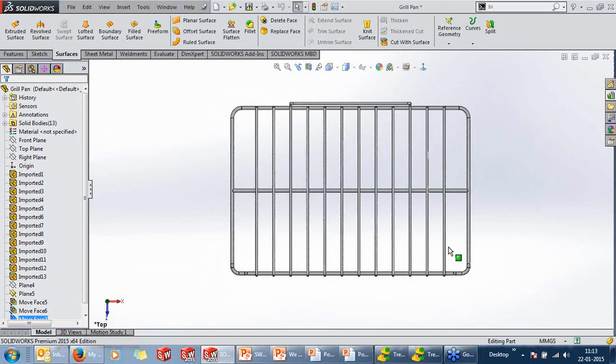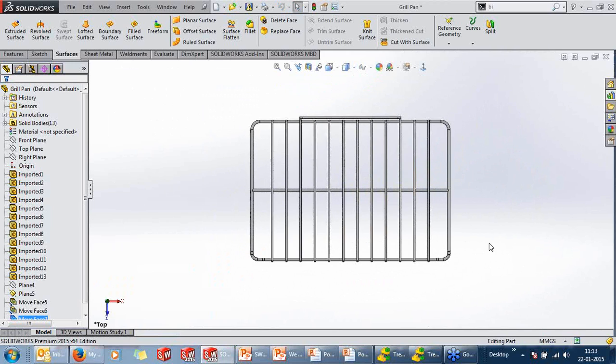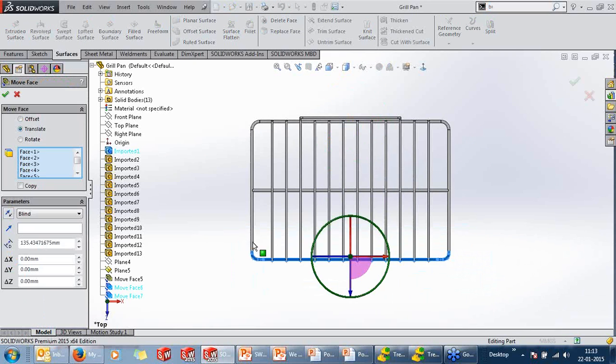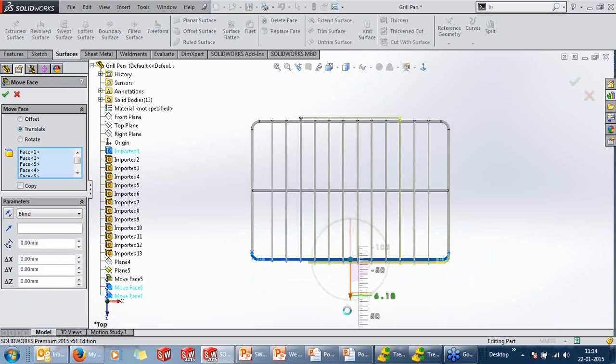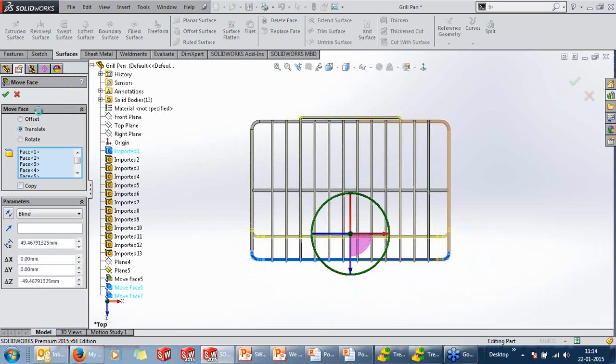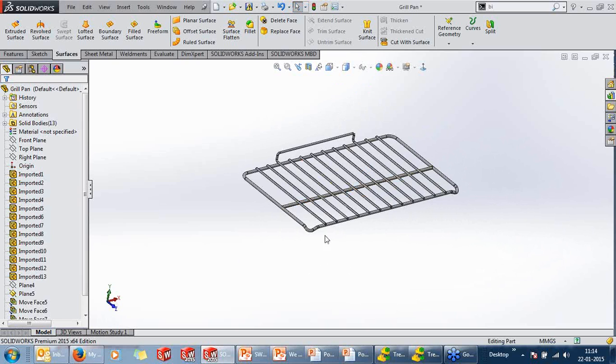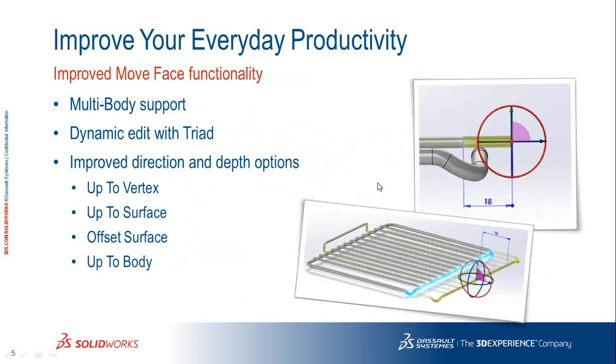Moving further, SolidWorks move faces doesn't restrict to single faces. Multi-faces is also possible in 2015. You can select and make changes to all your multi-faces in a single go, which doesn't affect your product. So these were some of the new enhancements in terms of move body faces.